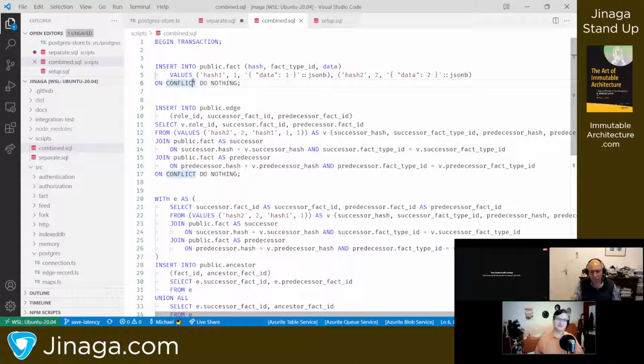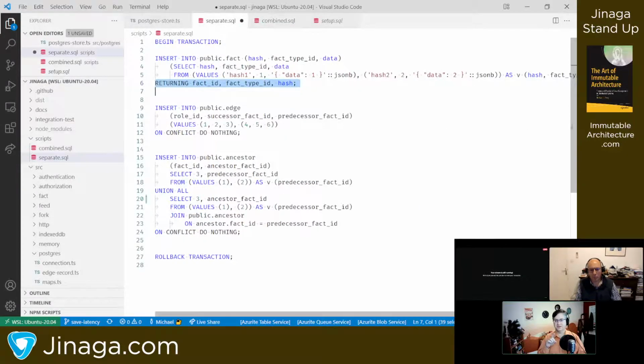So, an interesting little aside: on conflict do nothing and returning. If you tried to use both of them in the same statement, in Postgres particularly, you get a very strange behavior, which kind of makes sense, but is not really what you want.